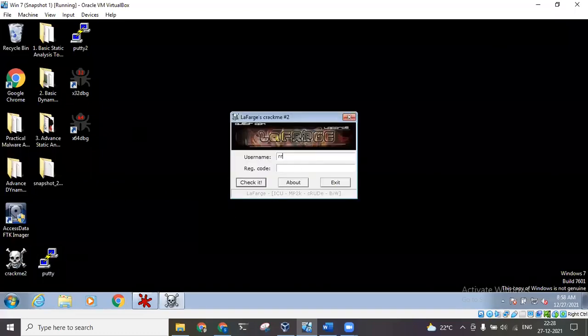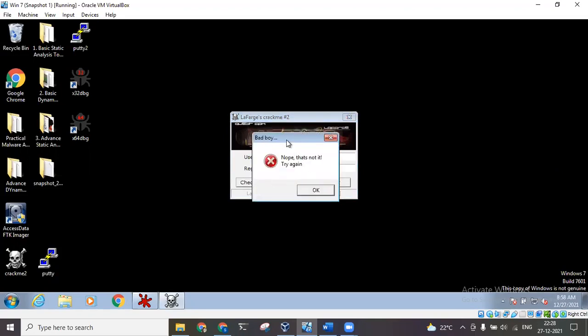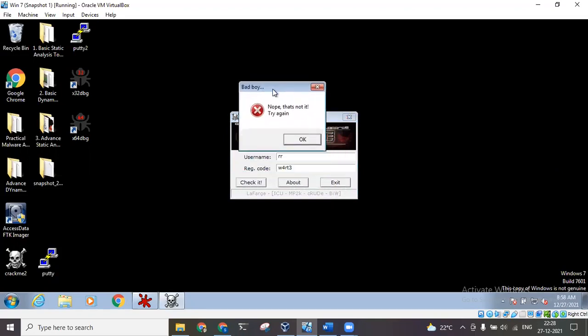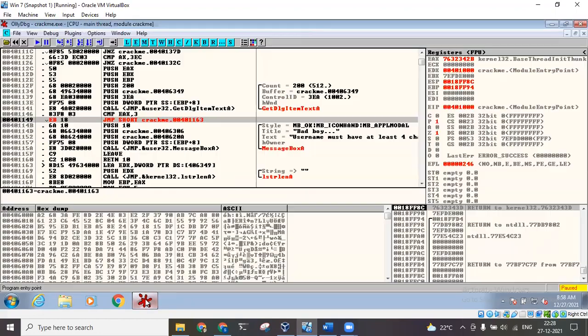Let me give a username of just 2 characters, and see, now that particular error message is bypassed. Now we are seeing the next error message. So this is how we can change the execution flow. We can even bypass some conditions, some checks. Now let's directly go to the condition where the password check is bypassed and we get a success message.